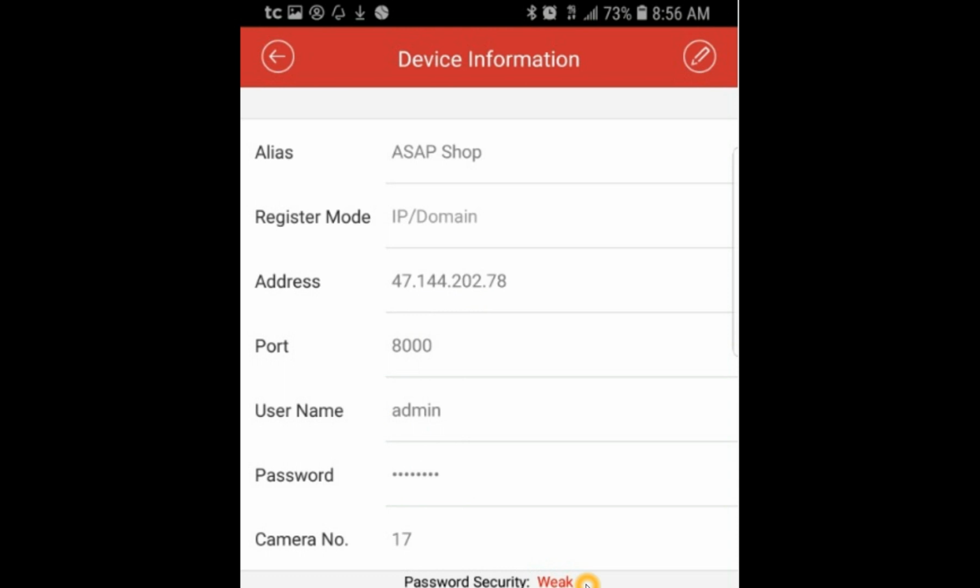If it says password weak, don't worry about that. You can change that whenever you want to. But right below this, you'll see Start Live View. Once you click Start Live View, your cameras will pop up, and then you shouldn't have any problems. Okay. But again,